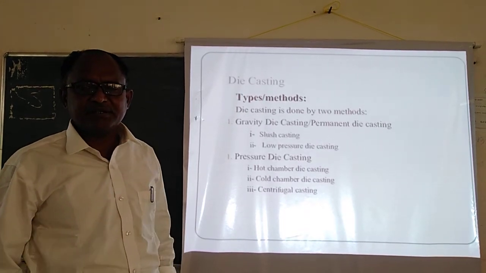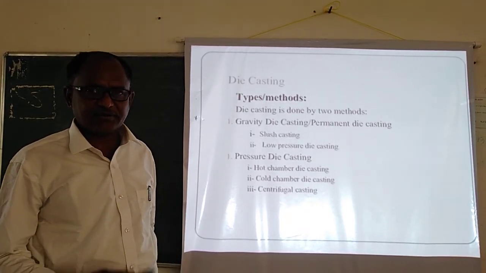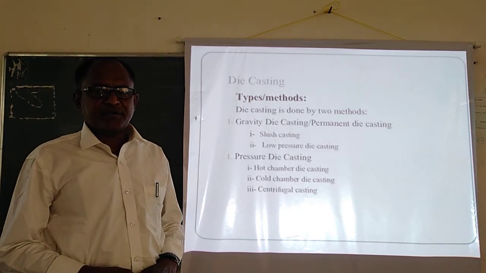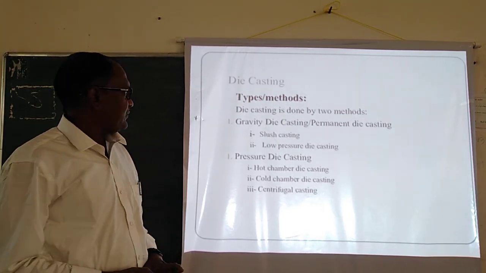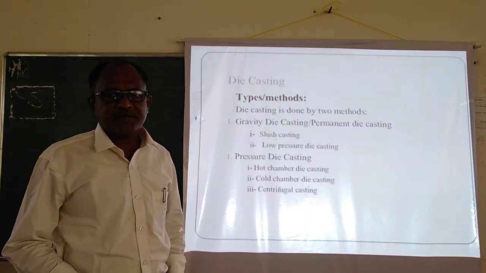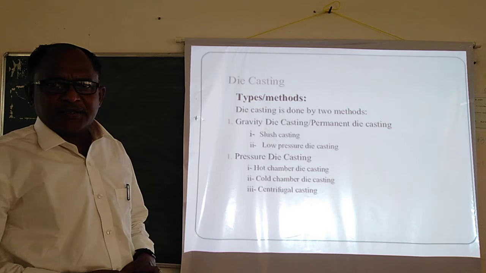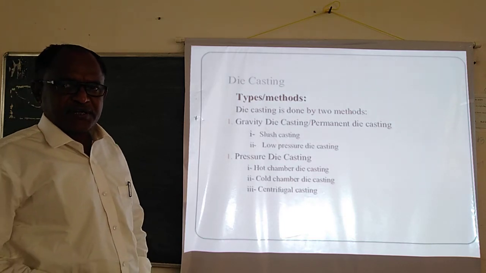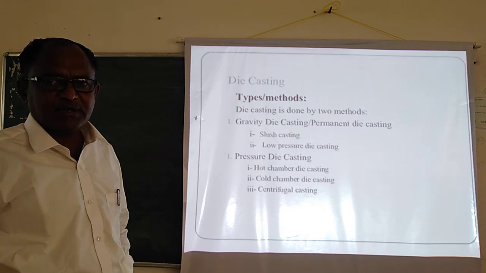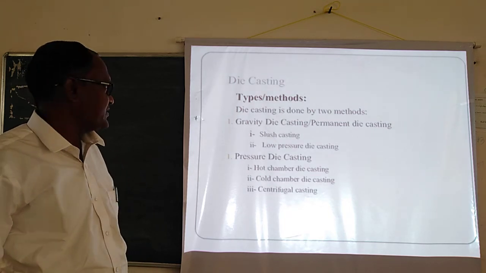Yesterday we had seen different casting principles and casting procedures. What are the different steps in the procedure to carry out the casting process? And foundry shops we had also seen. We have come up to this point: what are the various types of die casting? So from today's lecture we are going to discuss the various types of casting, die casting basically.